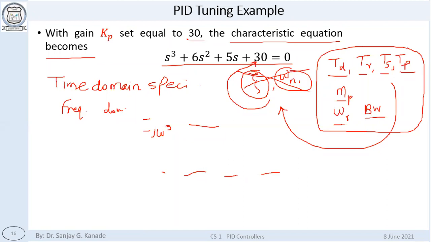However, from the second order system analogy, you can relate that based on the value of the constant parameter, the values of omega n and zeta are going to change. So basically, we may be given the time domain specifications, and from that you can get the values of various parameters of the system during the design phase. We may have to control these things.